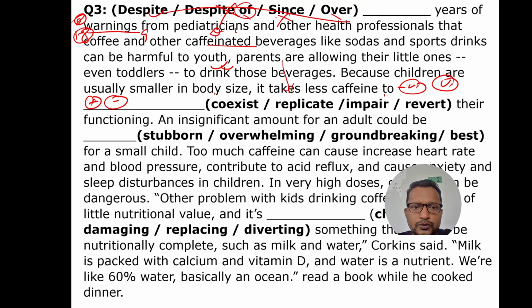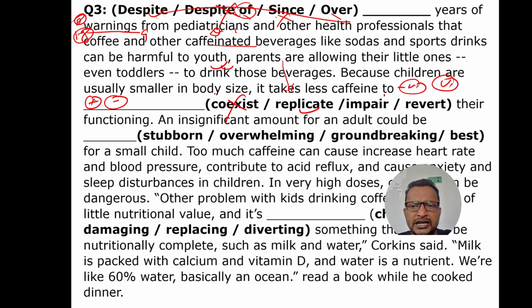So what impact? We need to find out the negative word. Coexist, it is a positive word, it will go. Replicate, you can say neutral, okay? It will stay. Replicate is kind of a neutral word, or at least positive, you can say, it will stay. Impair,